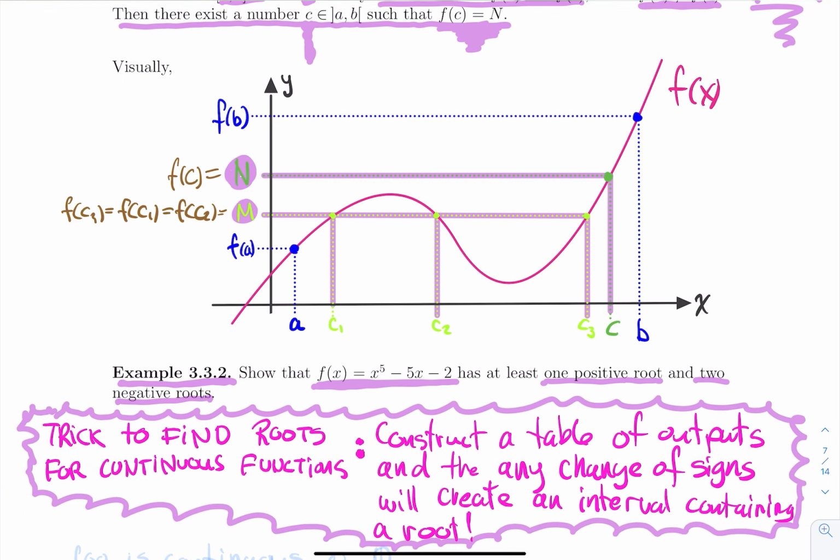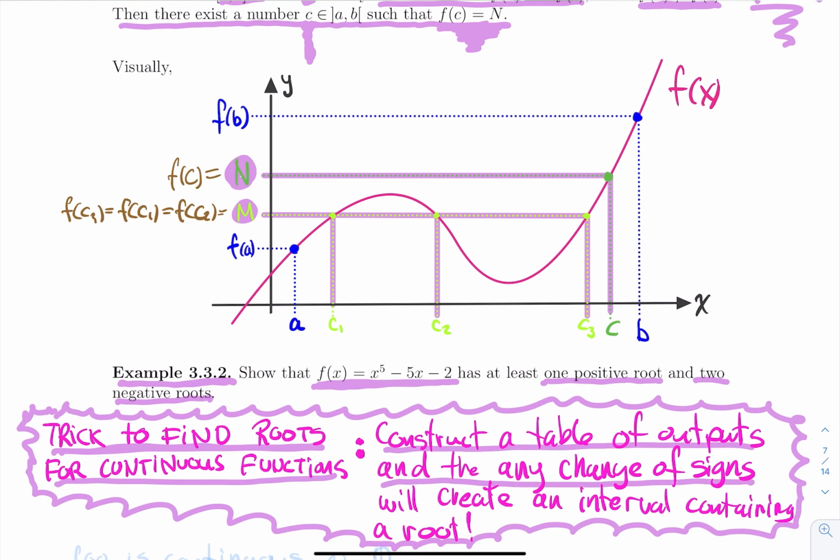Anyways, so how do you find roots with the intermediate value theorem? Here's a big trick. This is very, very important. A trick to find roots for a continuous function is to just construct a table of outputs. And as you construct a table of outputs, if you find any sign changes, so if you compute an